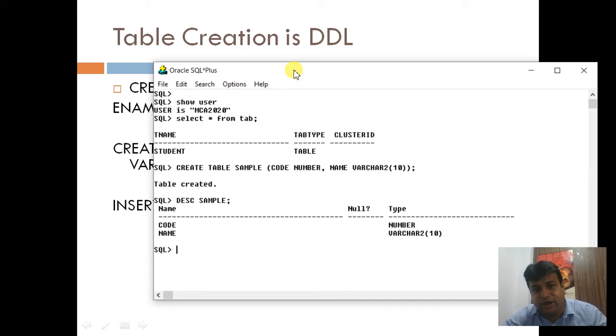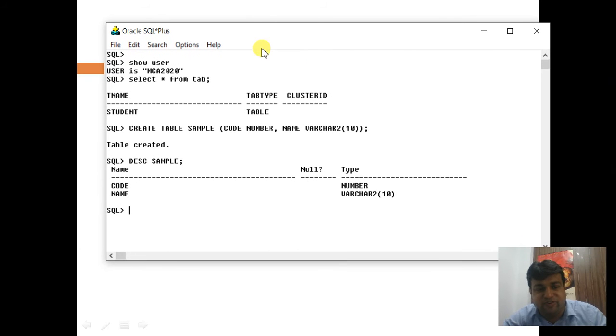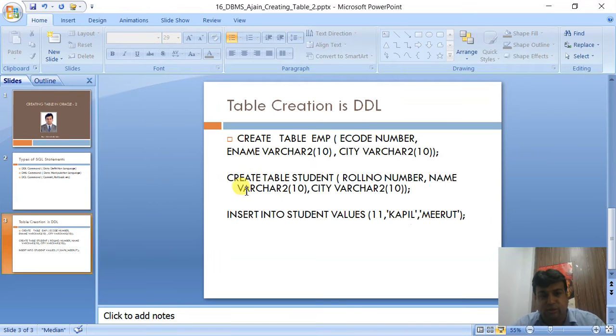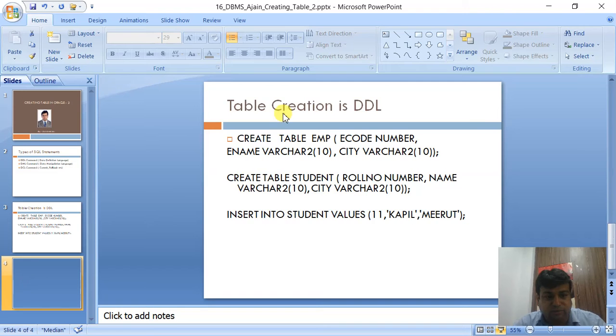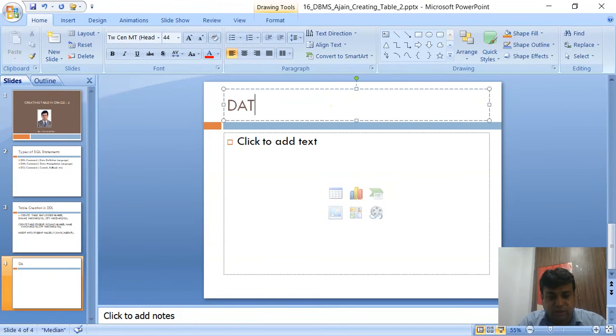Now let me come to a point where you can also face certain problems. For example, let us insert some value. Now you must remember that data insertion is DML.